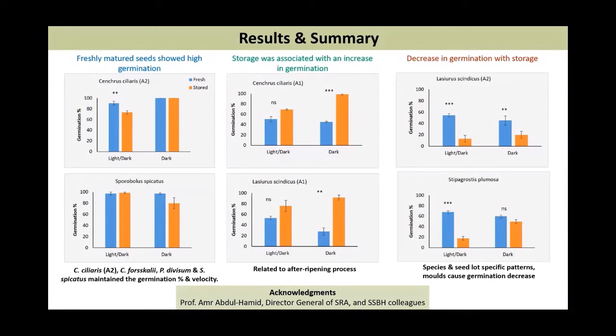Also, there was improvement in germinability during storage in synchronous accession A1 and Lacerus accession A1. So the dry storage might break dormancy through after ripening process for the species mainly having non-deep physiological dormancy. The storage induced a dark requirement with an increase in germination percentage, indicating that storage might change phytochromic sensitivity in the dark. The low germination reported for Lacerus accession 2 can be related to maternal habitat and moldiness of seeds